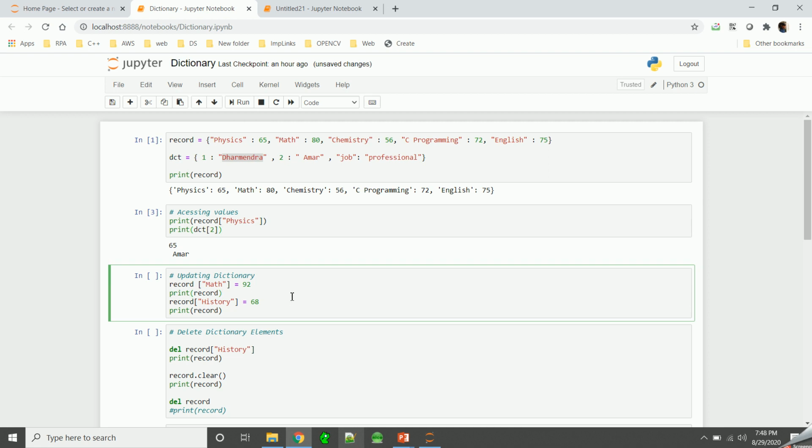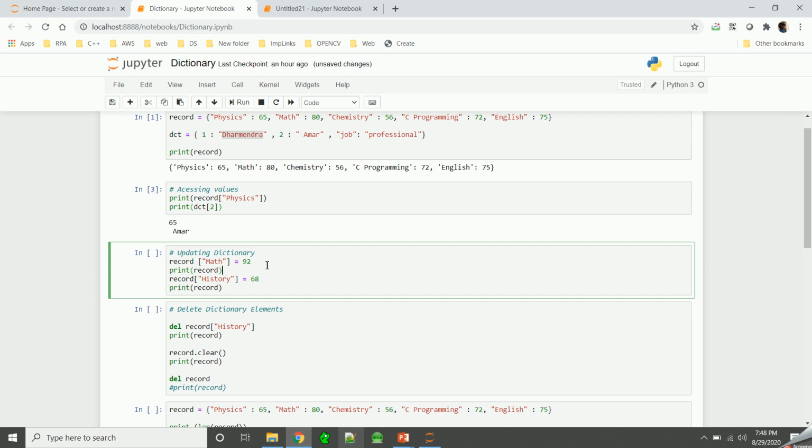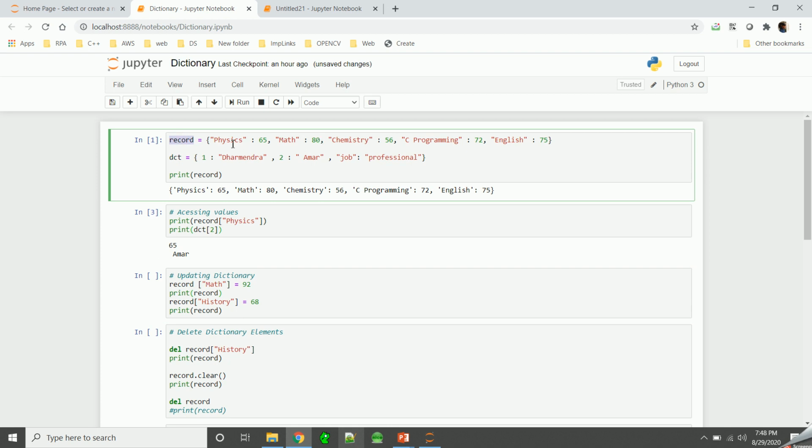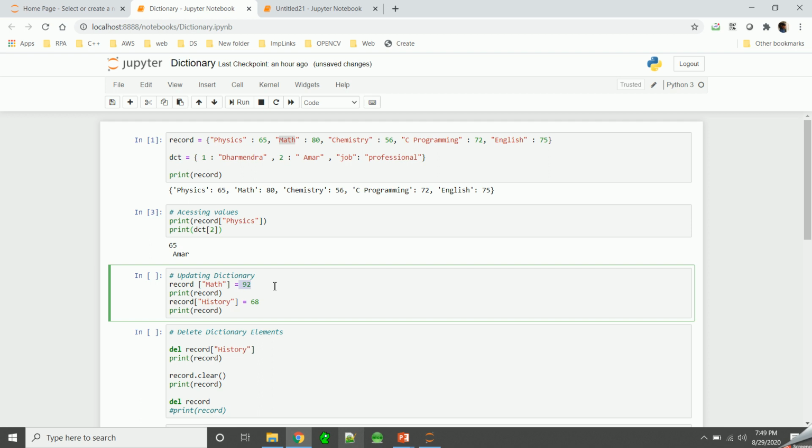Now let's see updating the value in the dictionary. Here we'll see two things. First, in this record, we are changing the value of math, that is for key math. Now I am changing it to 92, and then I am printing it. Next, I am changing the value of this history key, and I'm assigning the value as 68.